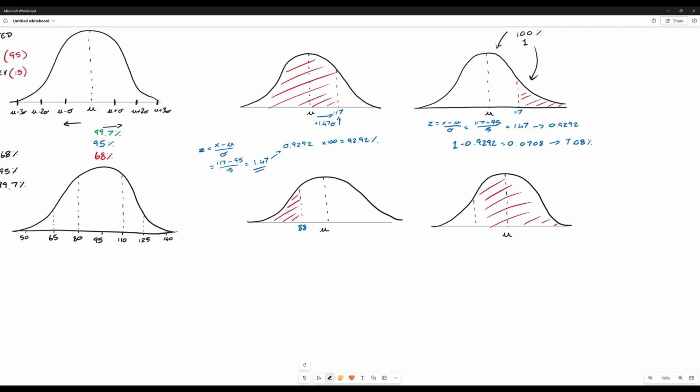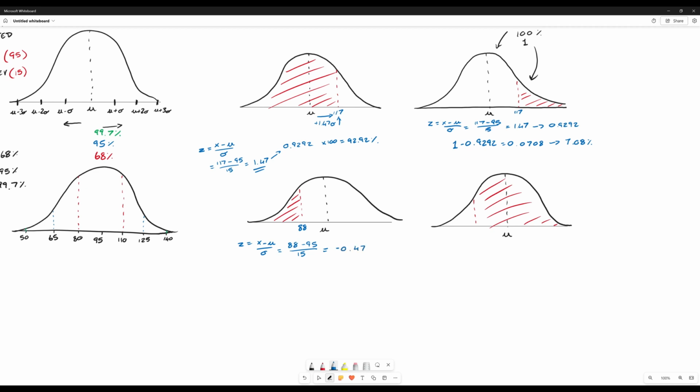So we're going to use the formula again. We're going to say z is equal to x minus mu over sigma. That's going to be 88 minus 95 over 15. Now you'll notice, because on the top it's going to be a number smaller than the average, take away the average, the answer will be a minus. And that's what we have to take into account, that we're going to end up with a minus 7 on the top, and we're going to divide it by 15, and the decimal we get is 0.46 recurring, which, when you do all the shenanigans I did with the decimal earlier, we become minus